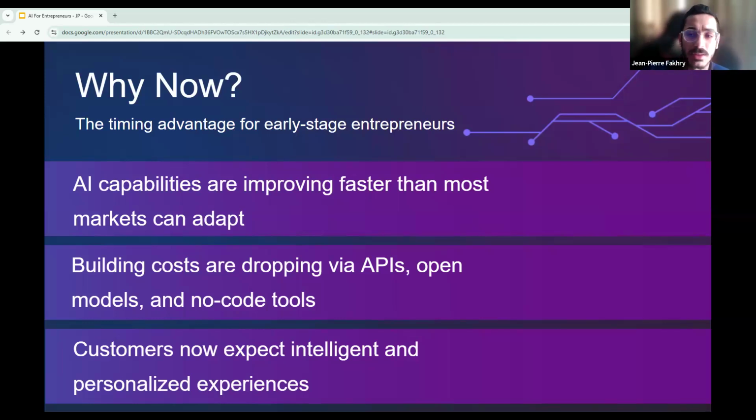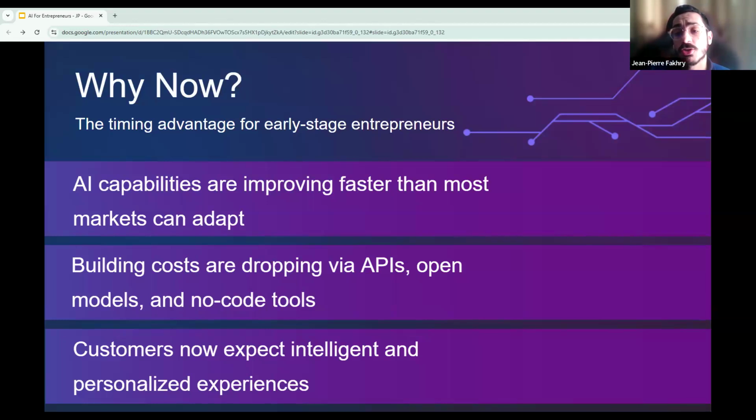You don't need to be a very experienced engineer. Even no-code tools like Make, Zapier, and VoiceFlow, we're going to go over them a bit, let non-engineers build working prototypes in hours and even minutes sometimes. So the barrier to building a first version has never been lower, which means your speed of learning is now a real competitive advantage, and your speed of moving things is your window, as we mentioned.